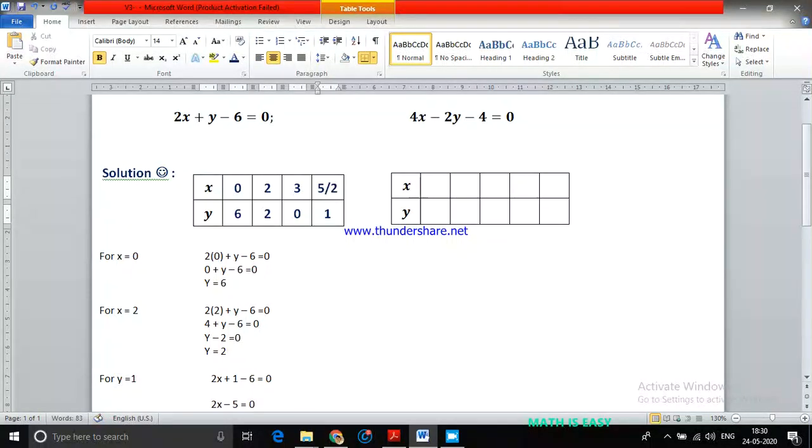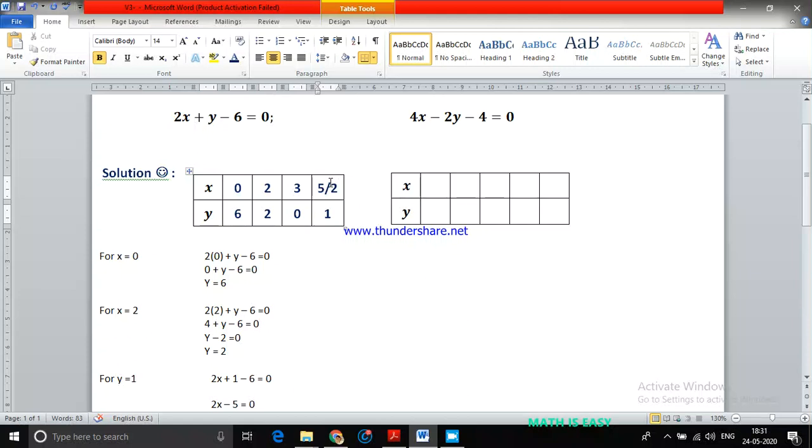So here I got the 4 x values and 4 corresponding y values, but in the exam it is enough to find only 3 values. Even 2 values is enough, but we go for 3 values because if I have any 2 points, you can draw a line passing through them. There is only one line which passes through 2 different points, right? But if one of the points is wrong, then you never know whether your answer is right or wrong.